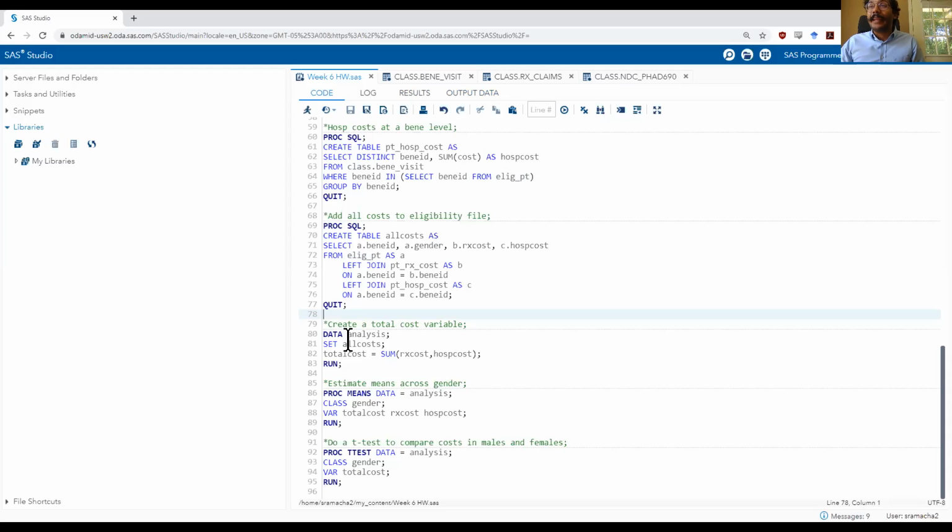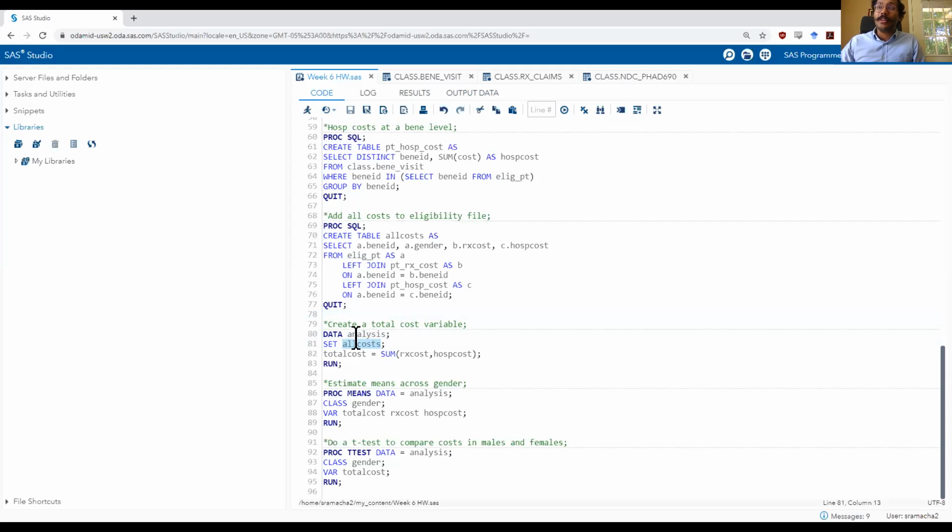So here I'm saying data, I'm creating a file called analysis. The reason I'm creating a file called analysis is because every time I work on a project, the final file I create, I always label it analysis so that if I come back to this project in 6 months, in 6 years, I know exactly what file I need to look for to run my statistics. So my final file is always called analysis in every single project that I work on. So here it is, it's called analysis.